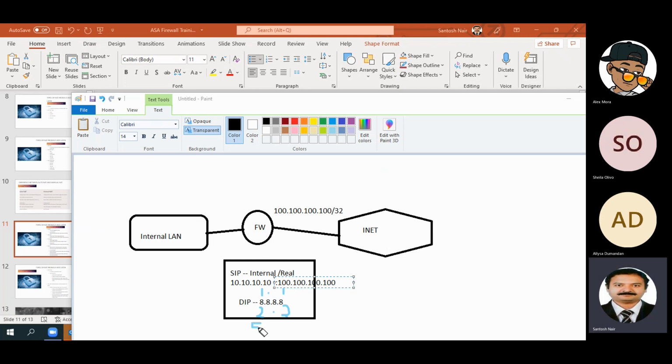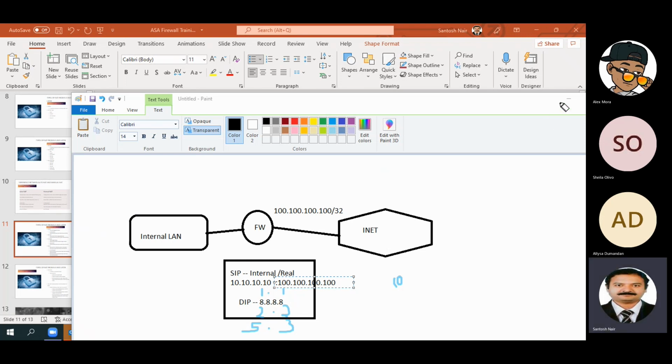Suppose 5 comes, it will be NATed to the third IP. It works on a first come first serve basis. So the first 10 IP addresses will be given public IPs, and 1-to-1 NAT will be happening. After that, if the 11th IP comes, it will not get NATed.